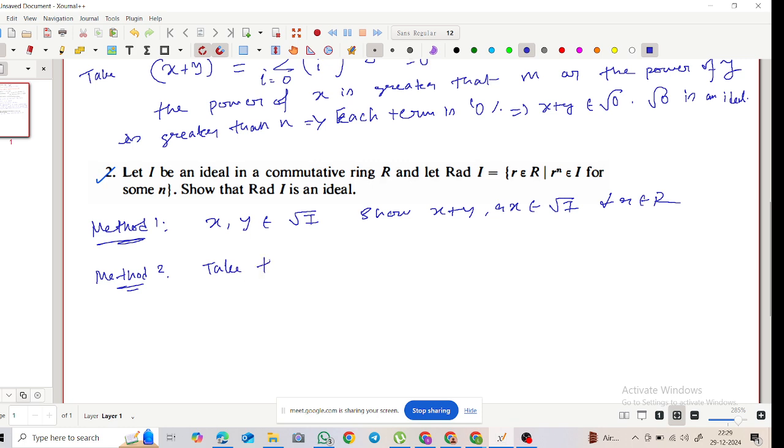Take the ring S equals R mod I. Okay, notice that